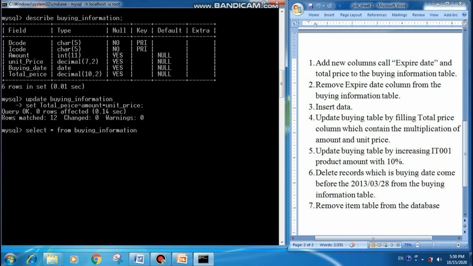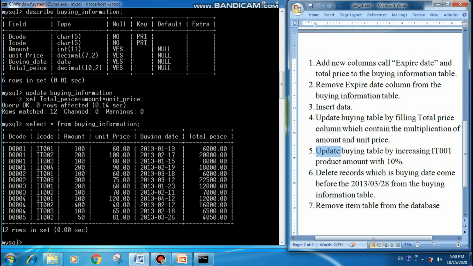Question 5. We need to update the IT001 product amount by 10%. For that I am going to use the update keyword again. You can see here we need to update this data.